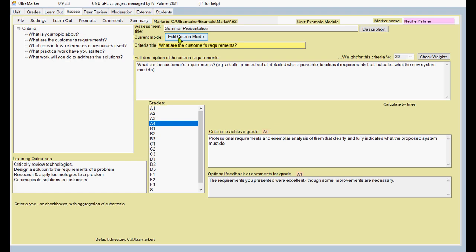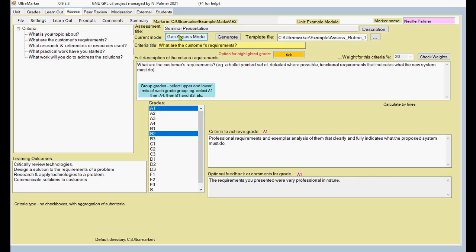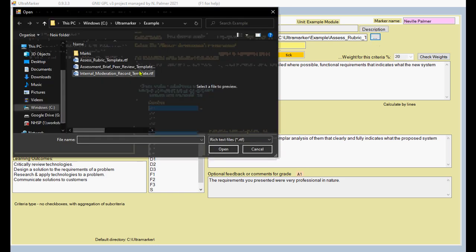So that's basically how you use Ultramarker. The other thing that you can do is, if you click on Show Gen Assess in the settings, you'll see that it checks that box. Now when you go from Edit Criteria, you go into what we call Gen Assess mode. Now we can select a rubric. I can select a rubric template file,